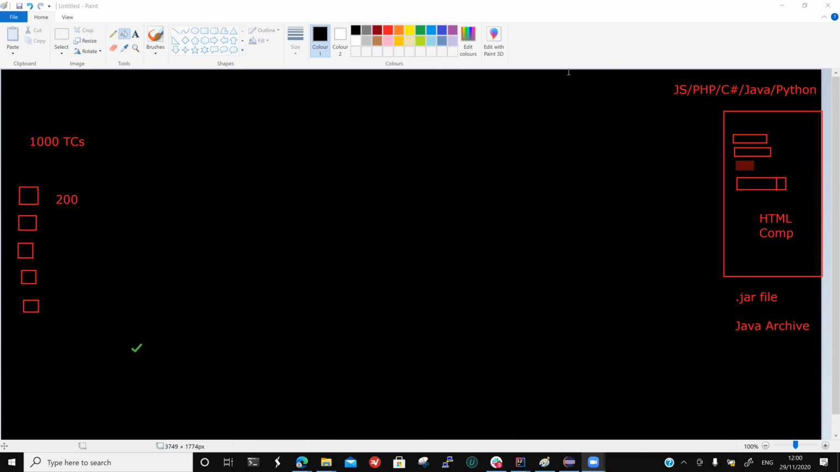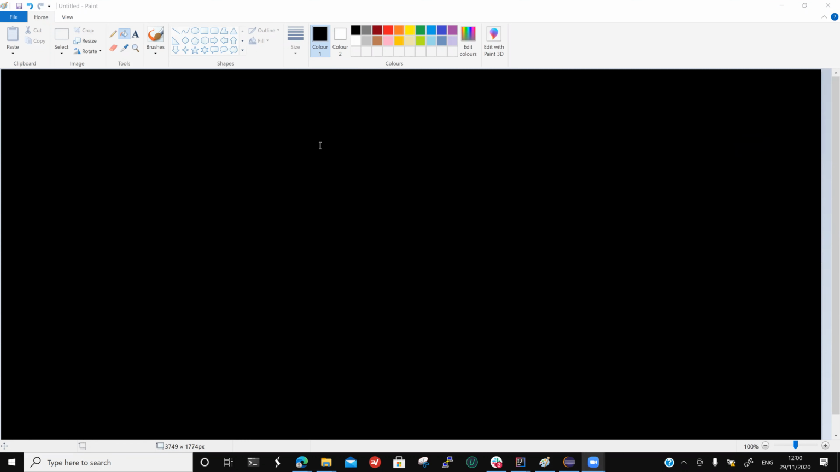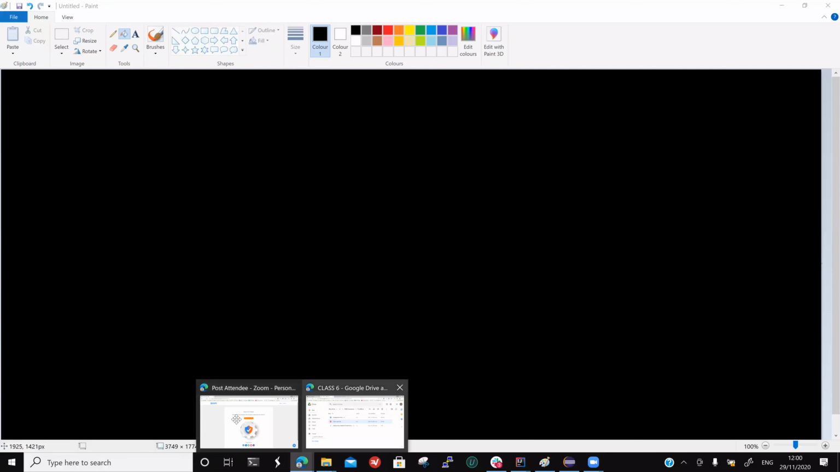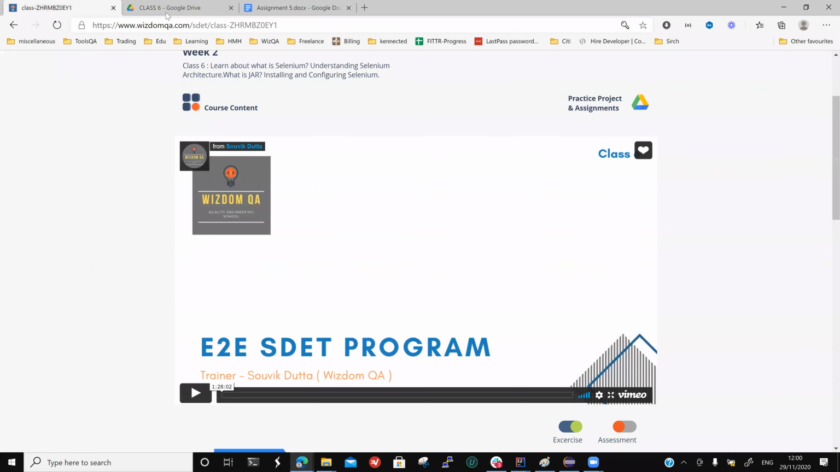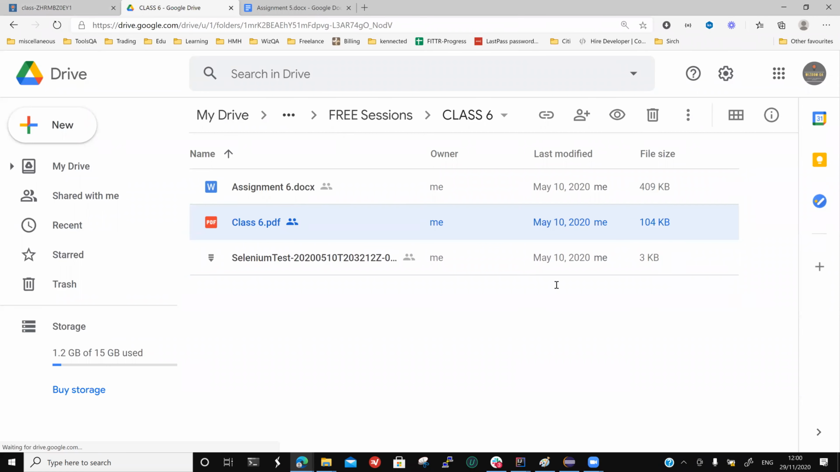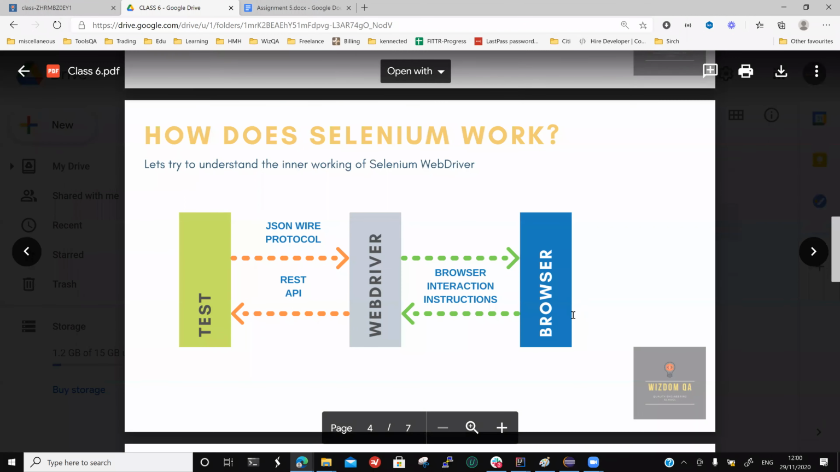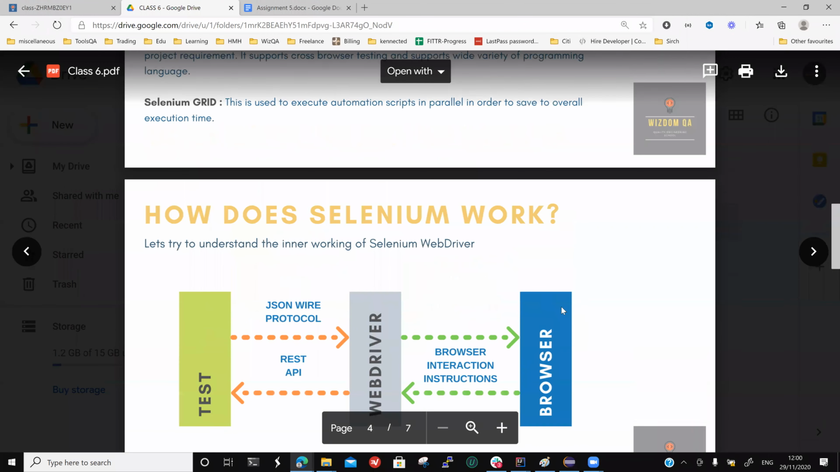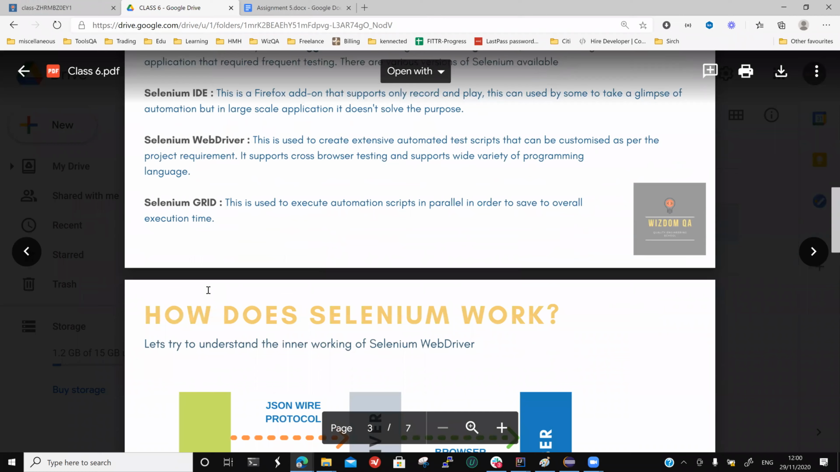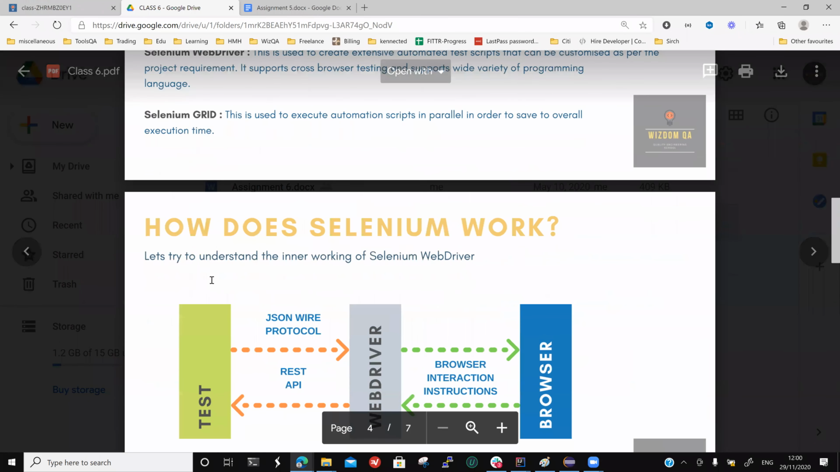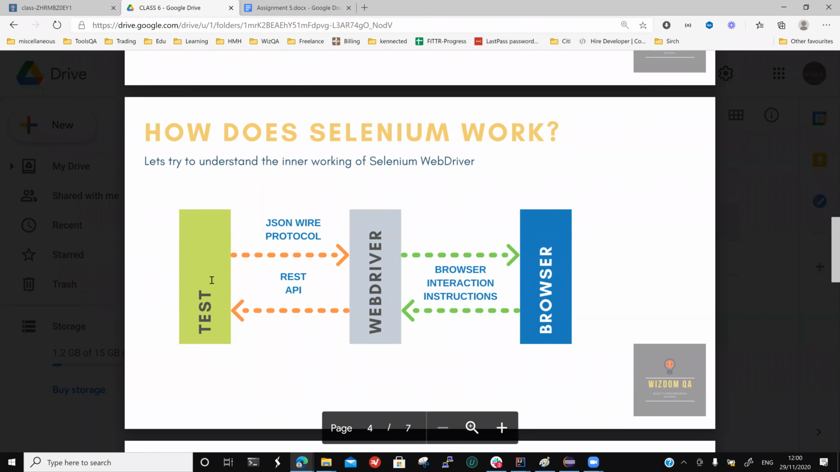Anyways, so let me clear off my drawing and let me go back to my... Okay. Selenium WebDriver, Selenium Grid, I just explained perfectly fine. How does Selenium work? Okay, so the jar file,